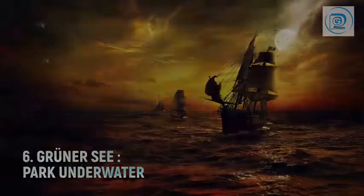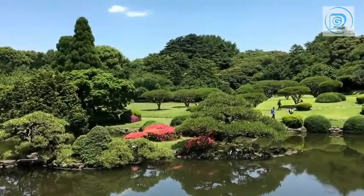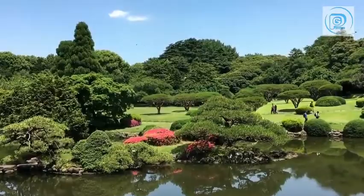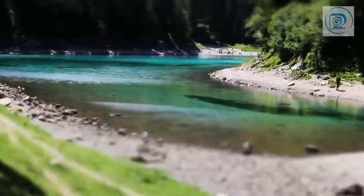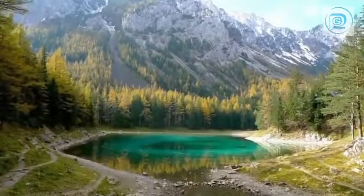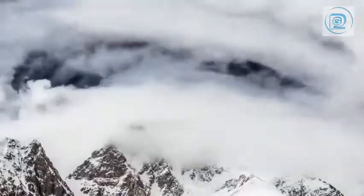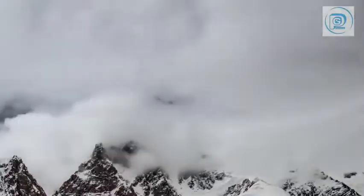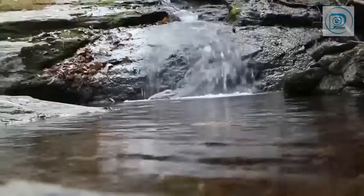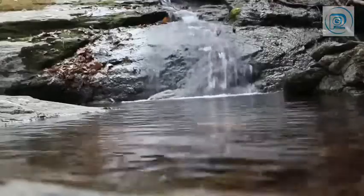Park underwater. In Austria, there's a park with beautiful hiking trails and benches you can jog through any autumn morning. If you visit in the spring, though, it's a little different. In fact, you'll need scuba gear. The park is near the Hochschwab Mountains, which get completely covered with snow in the winter. There's so much snow on the mountains that when it melts, the park's lake doubles in size and drowns the